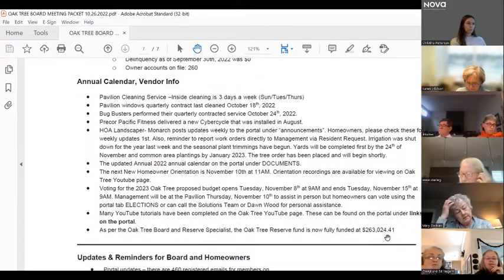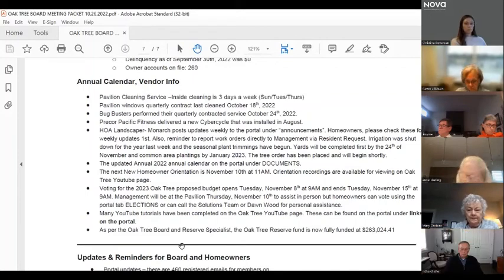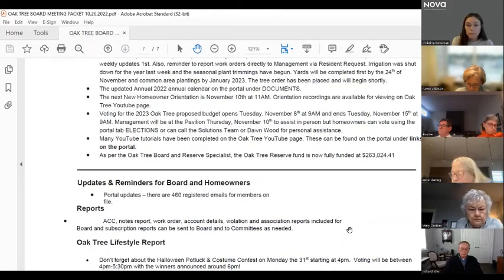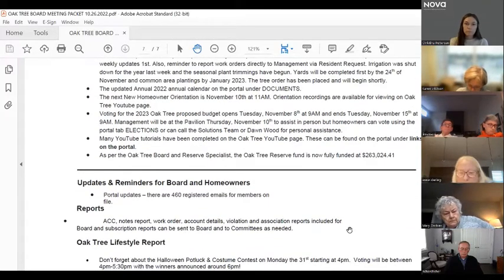As per the Oak Tree Board and Reserve Specialist, the Oak Tree Reserve Fund is now fully funded at $263,024.41. And then for updates and reminders for board and homeowners portal updates, there are 460 registered emails for members